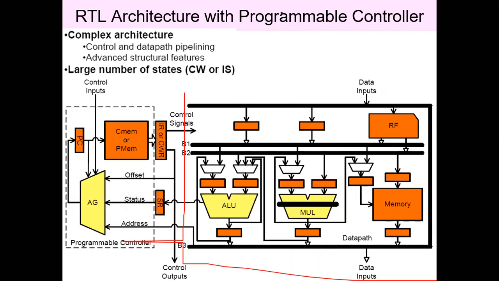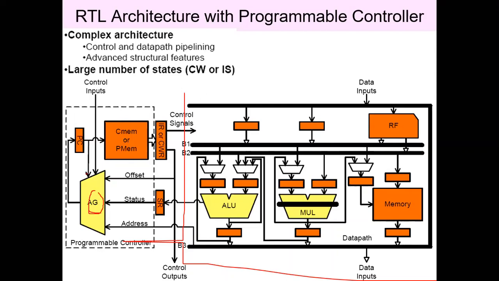Okay. So here the basic difference is in the controller. So we are actually considering two sections. One is an FSM controller for simple design. Now we are actually moving to the next type of controller, that is the programmable controller. The FSM controller has an input logic and an output logic, but in the case of a programmable controller, there are some differences. Here we have an AG. AG means address generator. Instead of an input logic, we have an address generator.